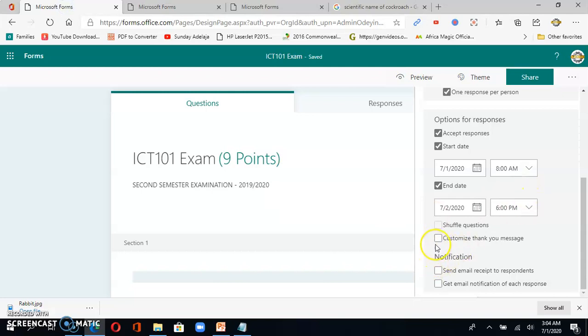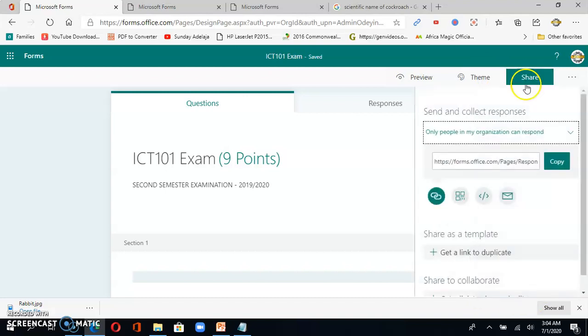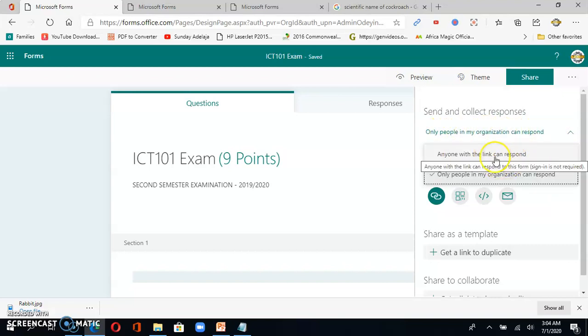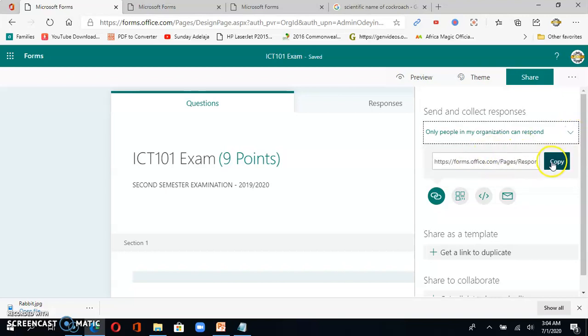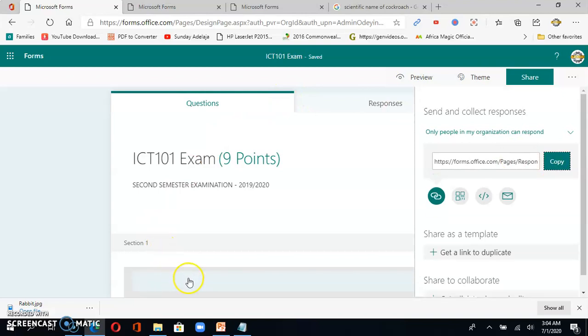Now, the next is customize a thank you message. You can choose to customize a thank you message here. This is optional, and you can just leave it open. It tells the students that their response has been submitted. After this is done, we don't need to save. We can come to share, copy. Please note that only people in my organization can respond is selected and not anyone with the link. So with this, we click on copy, and we have copied the link to the test, ready to be shared to the students so they